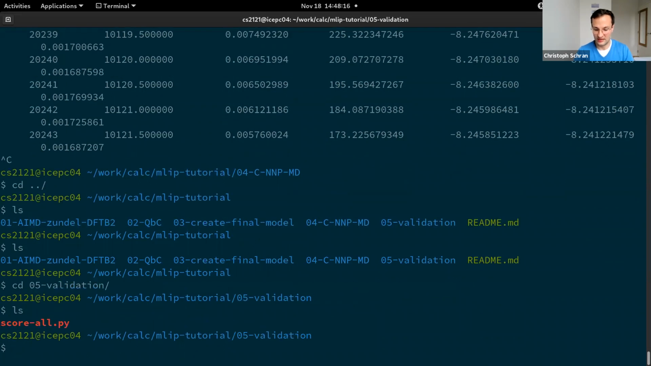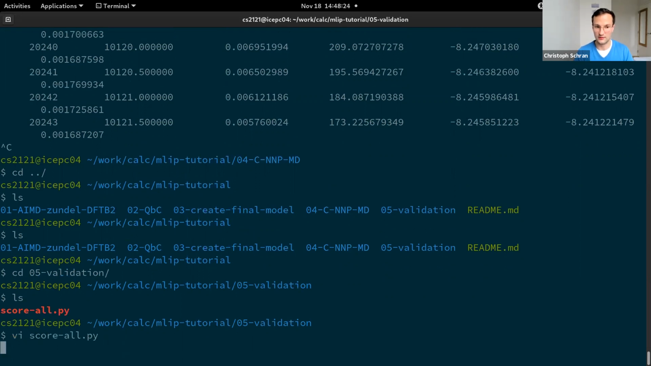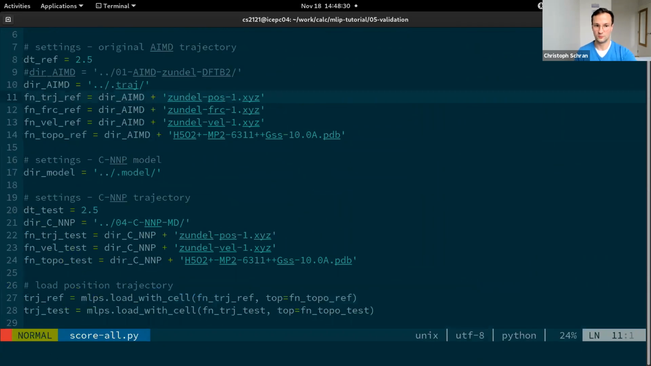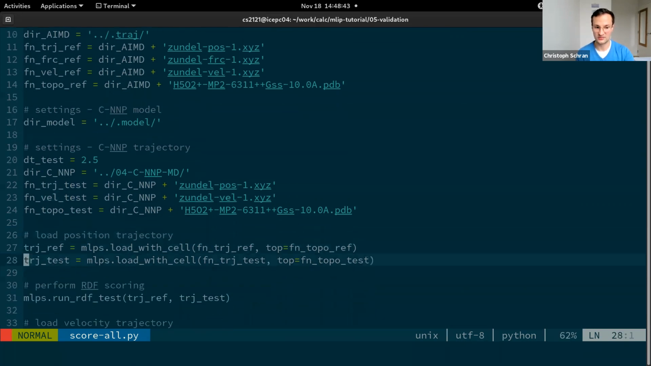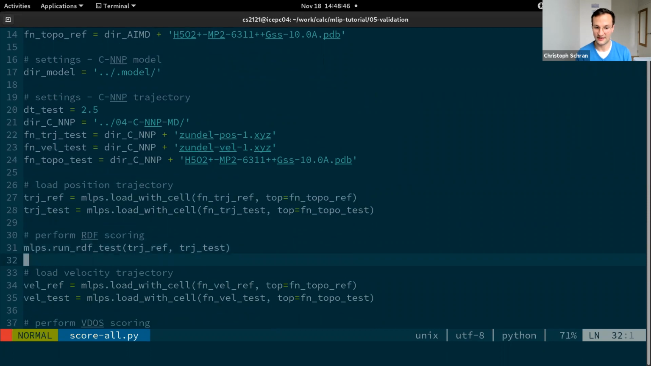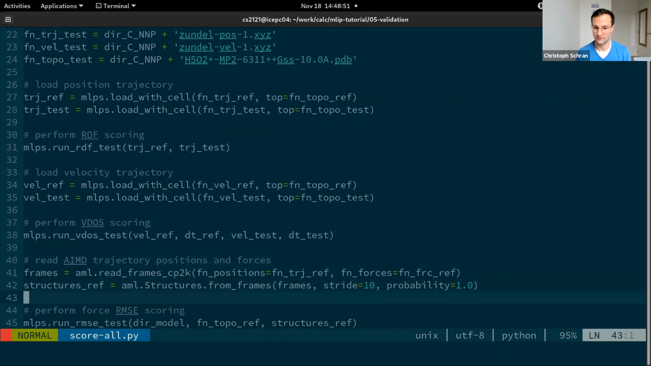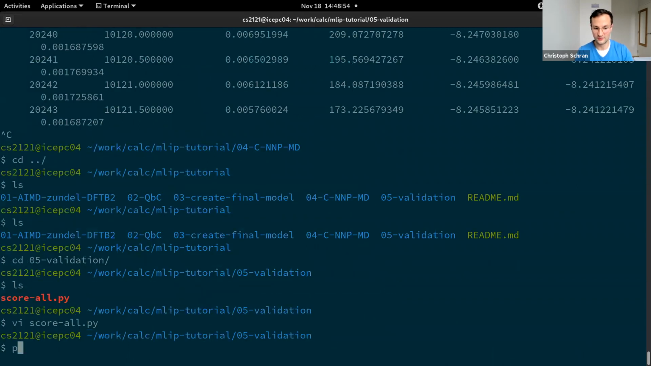And that brings me to the last step, which we can also just execute now already, which is the scoring, the validation of the developed model, which would then look at your initial trajectory and compare the neural network potential trajectory to that for these 3 key properties that I have mentioned in the talk. So the radial distribution function, which is the first one done here, and then second, the vibrational density of states, and third, the prediction of the forces. So if we run that